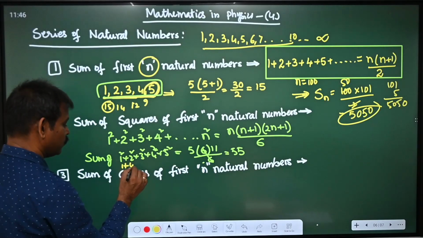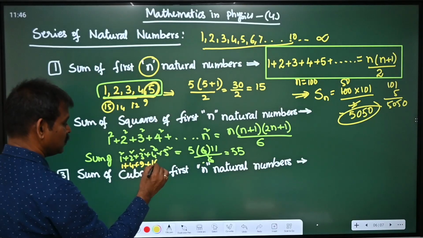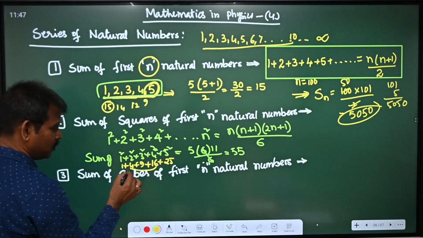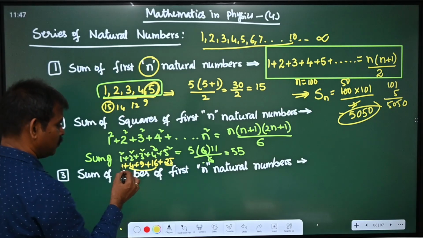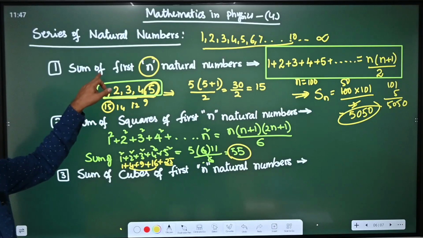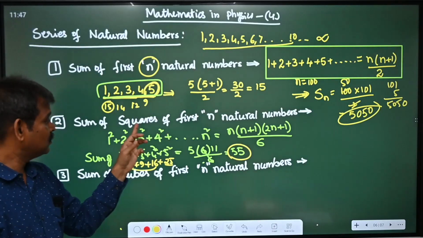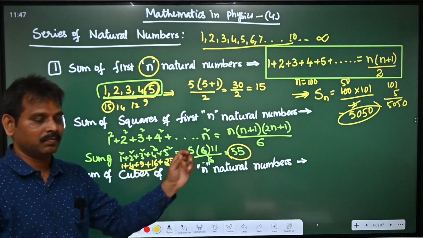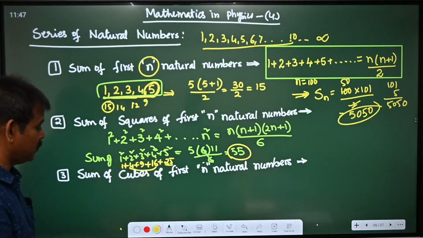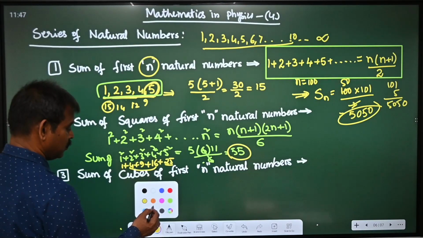1 plus 4 plus 9 plus 16 plus 25. This is 16 plus 4 is 20, plus 25 is 45, plus 10, 55. That is your answer. This is the sum of n natural numbers. This is the sum of squares of the first n natural numbers. Now, the sum of cubes of the first n natural numbers. So for this we can write